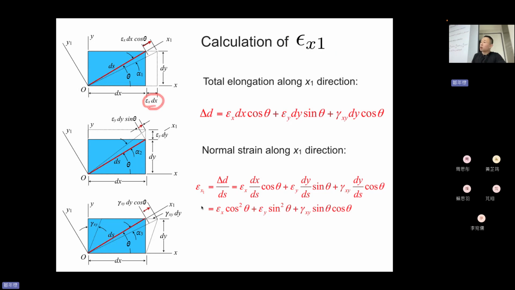Epsilon x will give a contribution to this direction. Epsilon y also will give a contribution along x1, and gamma xy also gives a contribution along x1. So we need to add up 3 contributions to get the deformation